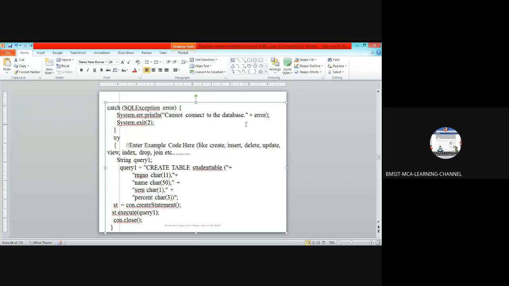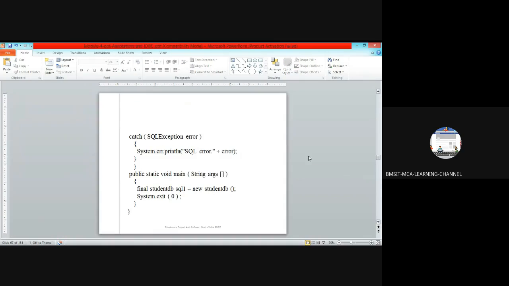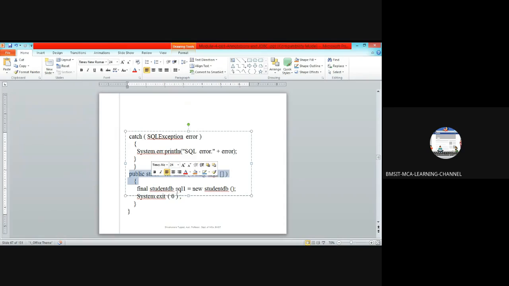Okay, this is a simple example of talking to the database. It is also called an immediate solution you can give. In the main method, SQL1 is the student instance you created here.